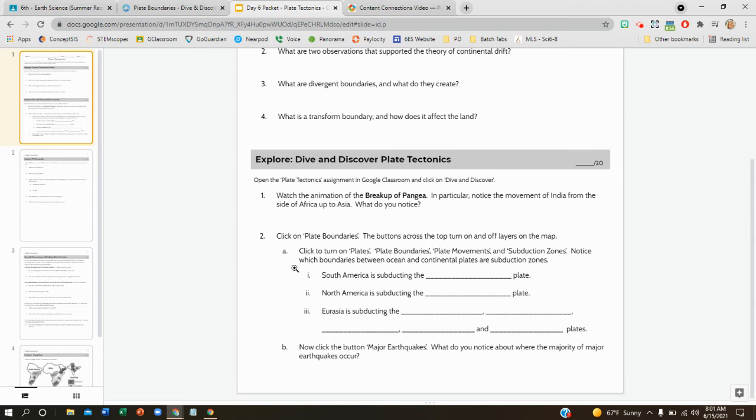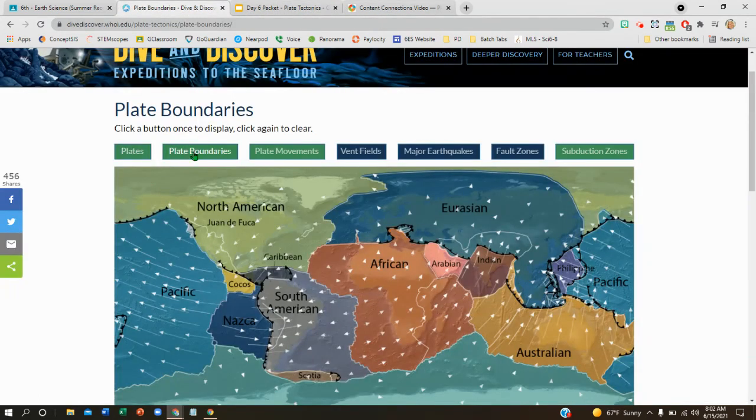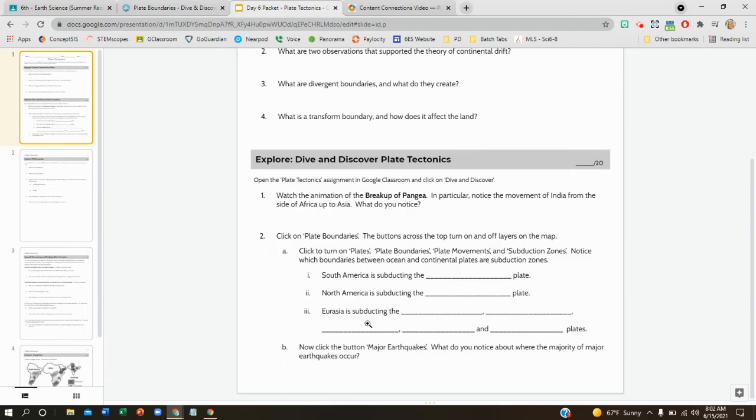On question 2, turn on the plates, plate boundaries, plate movements, and subduction zones. So we're going to go here. We have plates, plate boundaries, plate movements, and subduction zones. So your map for number 2 should look like this. Okay. And the packet asks you to identify